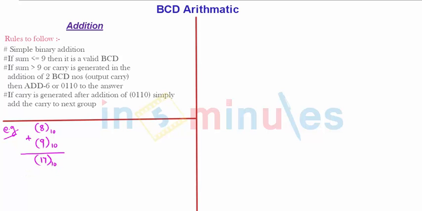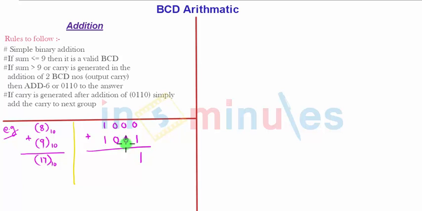But if you convert these numbers into binary coded decimal, if I code these decimal numbers 8 and 9 into binary and then add them, the rules will be different. So let us try this one. 8 in the 4-bit pattern, I will write as 1000, plus 9, I will write as 1001. This is the simple binary representation of 8 and 9, and simple binary operations we need to perform.